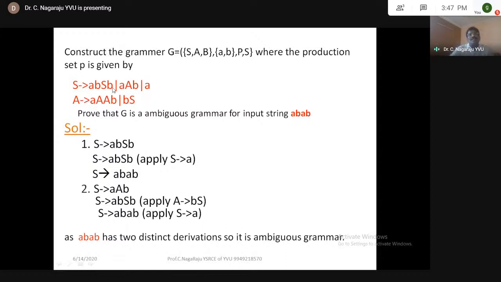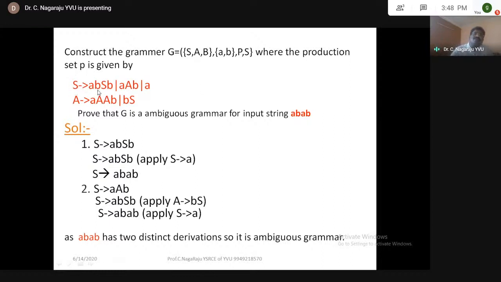Suppose we take a context-free grammar G, with three non-terminal symbols S, A, B. These three capital letters are non-terminals, and sigma, our alphabet, is a, b. P is the set of productions, and S is the starting symbol, where the production set P is given by: